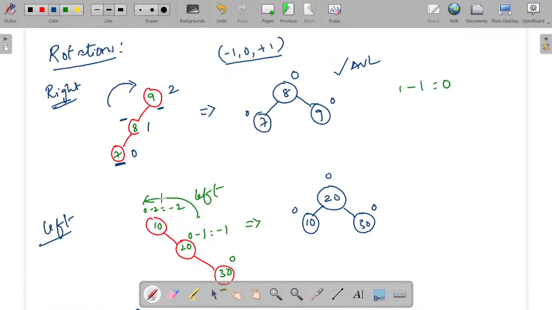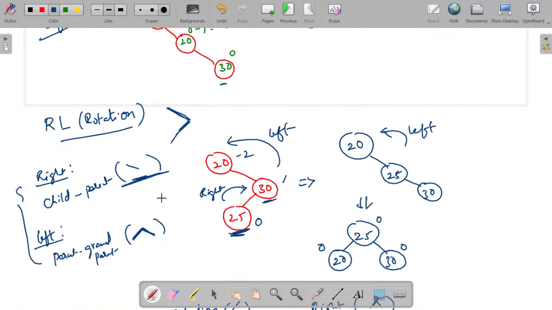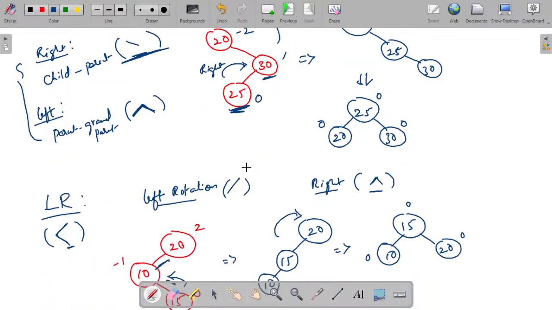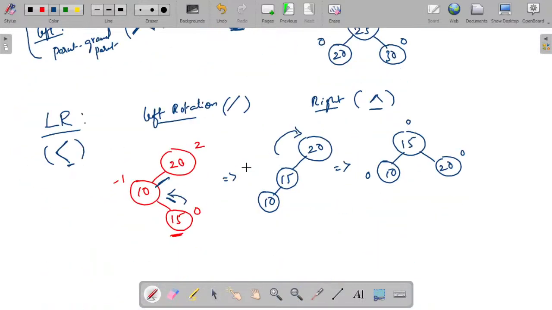Okay, and the combinational rotations are RL rotation, which we call right left rotation, used when the new node is inserted as left child for the right subtree, and LR rotation is used in this situation where the new node is inserted as right child to the left subtree. Okay,